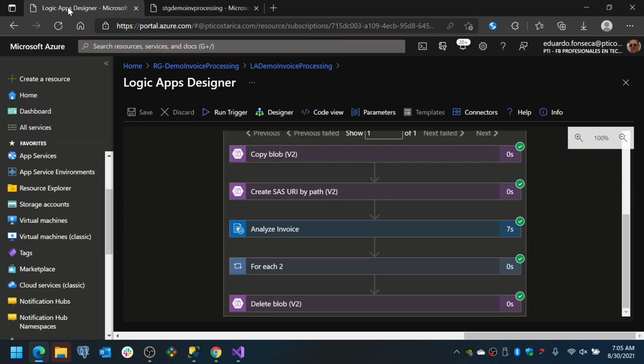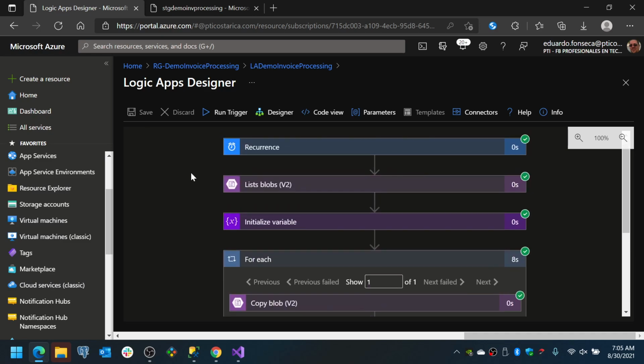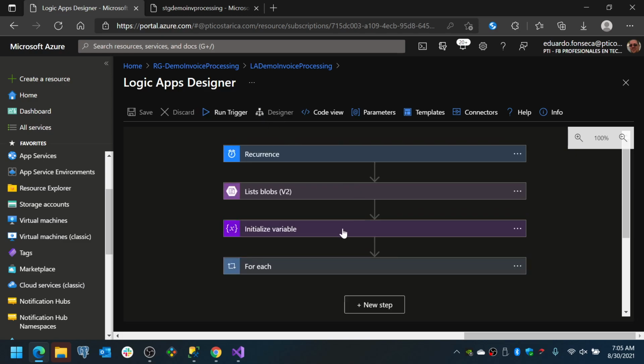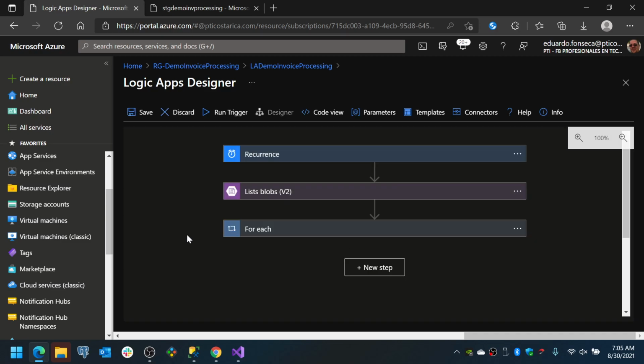The other thing that you will need to do is create a logic app. And the logic app is basically going to have a couple of steps. So if we go to the designer, you will see a couple. Actually, this one, we do not need it, this initialize variable. So the first thing that we want to do is